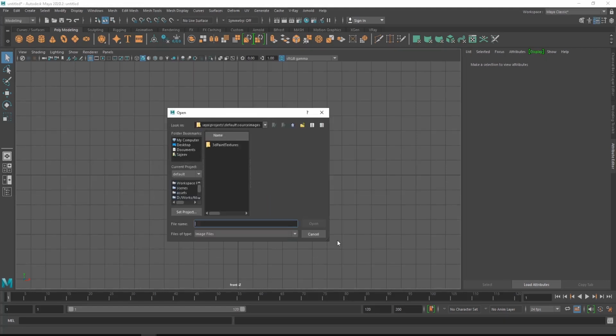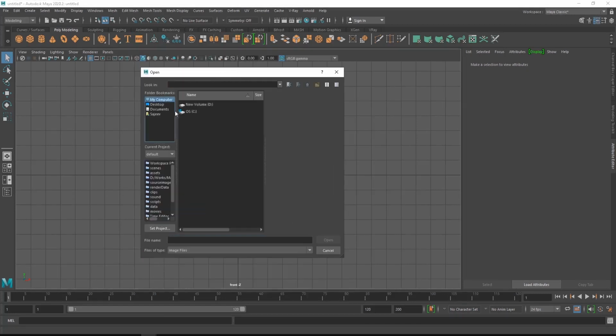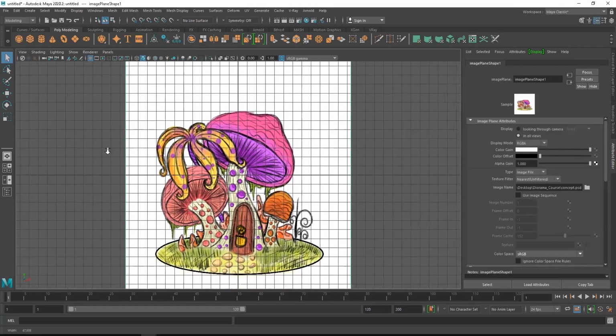Here you will be able to select any of the images from your system, and here we will just move on to our project file. Here we will select the concept. The concept actually is in PSD format, but it doesn't matter. It will just register as a single image, and even if you have multiple layers, whichever layers are visible, Maya will convert all those layers into a single layer, and the image will be opened. So once you select that concept, you can just press open, and that image will be visible